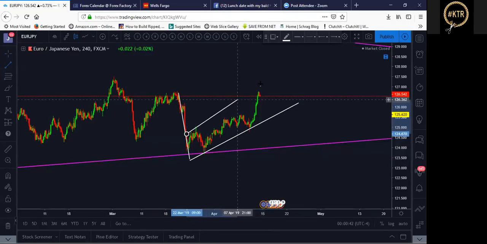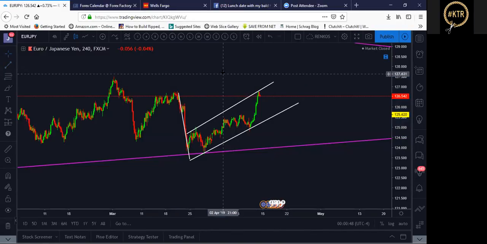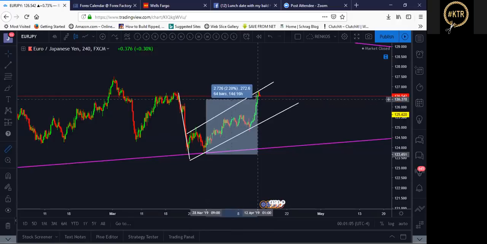But you know what? I don't trade off the 4 hour. And you shouldn't. But the 4 hour is a powerful time frame, in my opinion. Between the 4 hour and the 1 hour, that's what I like to use to look at the overall trend of the market. Now, this is about 300 plus pips,